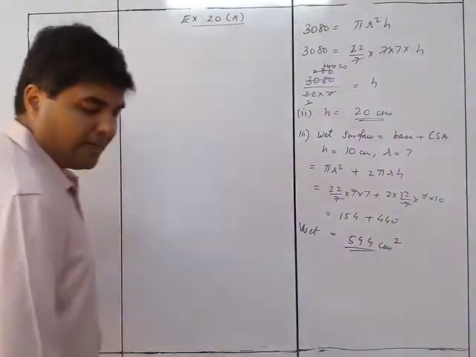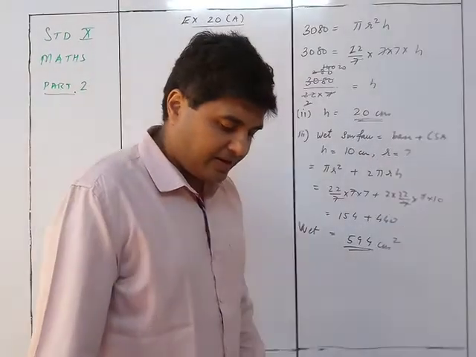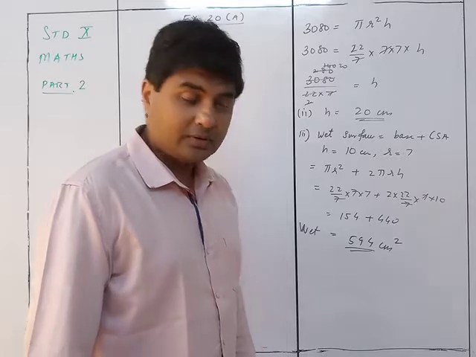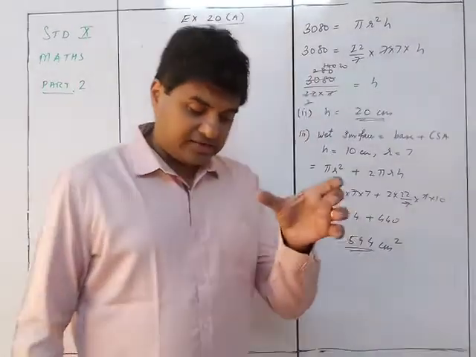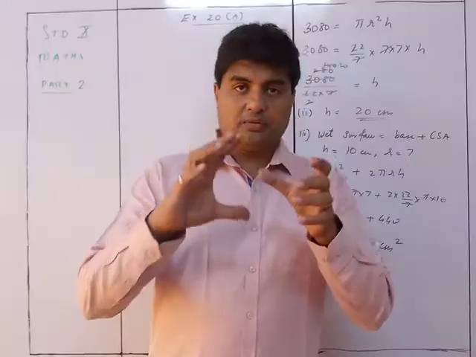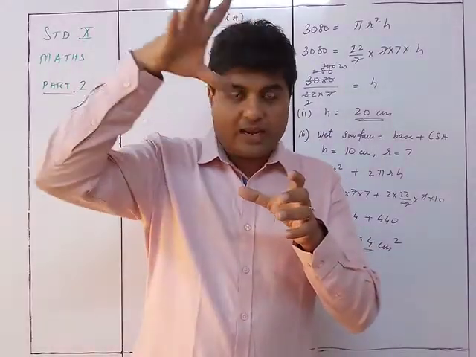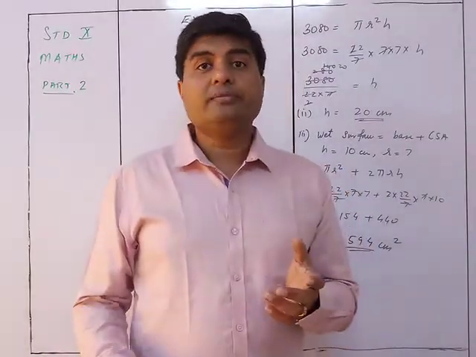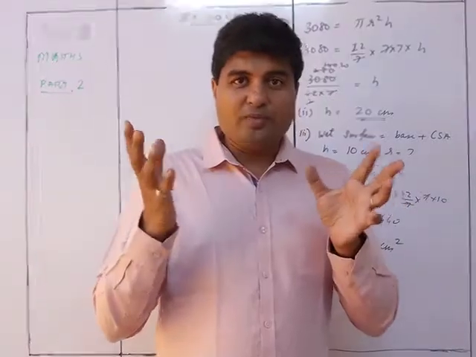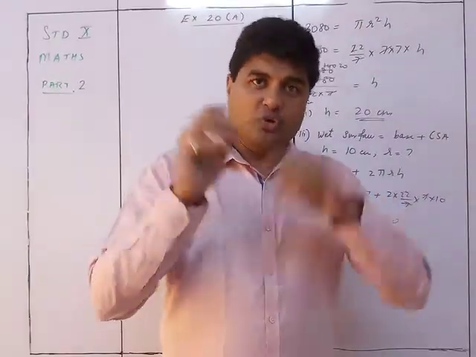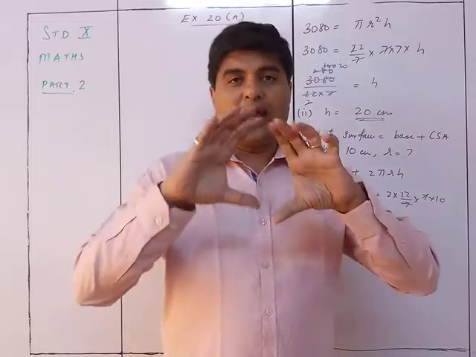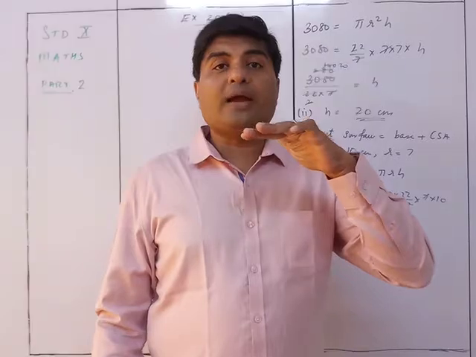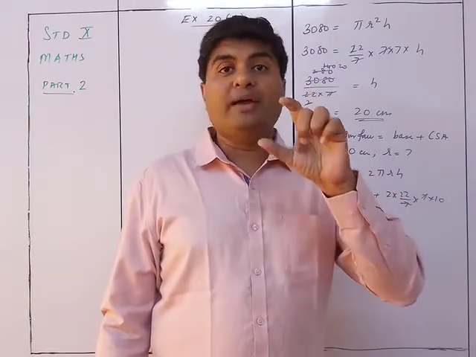Sum number 17. A metal cube of side 11 cm is completely submerged in water contained in a cylindrical vessel with diameter given. Find the rise in the water level. So what is done? You have taken a cylindrical container and inside it we put a metal cube. So what will happen? The water level will rise. Why? Thirsty crow, you know that, right? There was water inside the pot, when stones were dropped in, the water rose. In the same way, here there is water, and when a cube is put inside, the water will rise. Now how much will the water rise? By the volume of the cube.